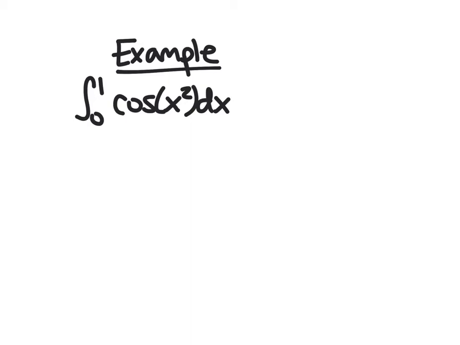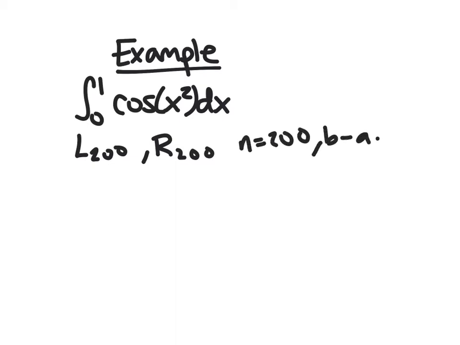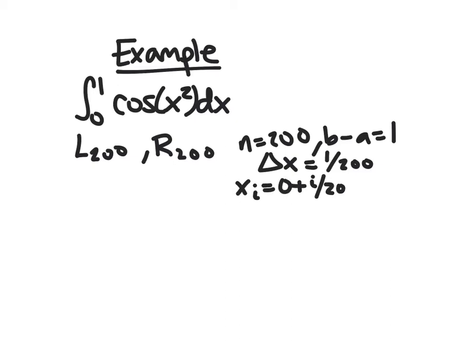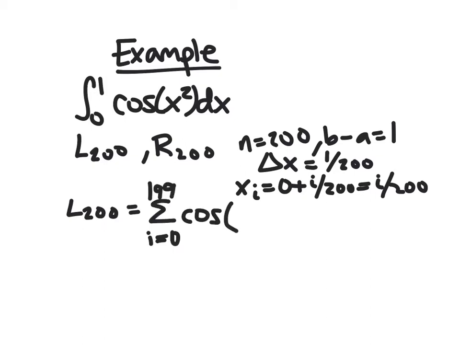And since we're going to use the power of Mathematica here, we're going to find L200 and R200, which are pretty big sums. So in this case, I have n equals 200, and b minus a is 1, so my delta x is 1/200th. And since I'm starting at 0, this is 0 plus i over 200, or i over 200 for my xi. So this means that L200 here, using my summation notation, is the sum from i equals 0 to 199